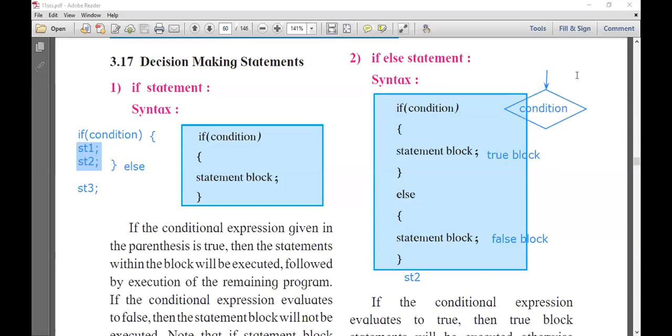Now two values come here, the first value and the second value. We can say this part is for no or false, and this part is for yes or true.